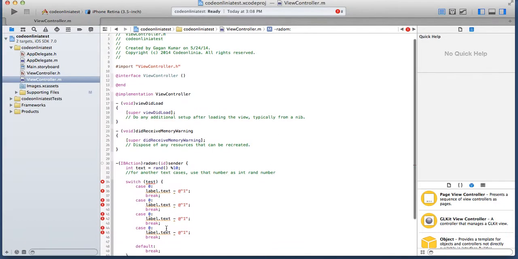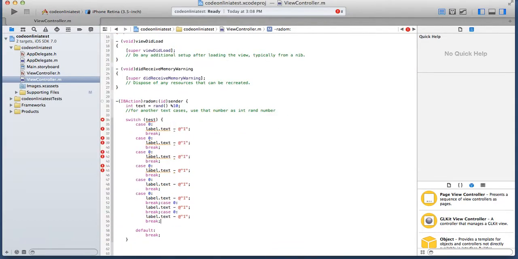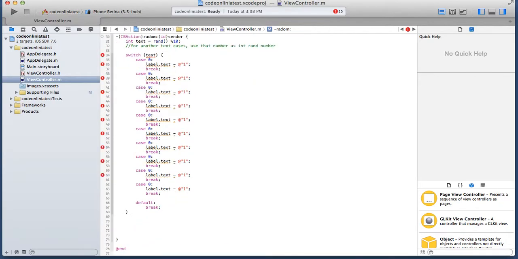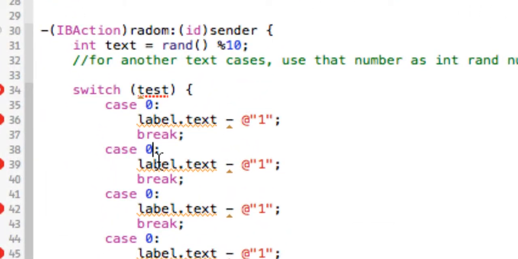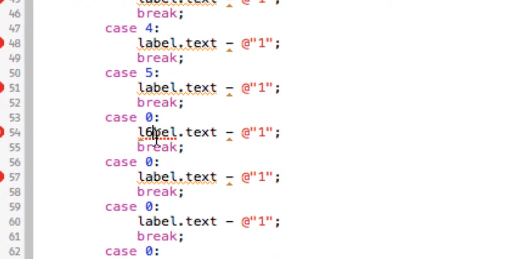So that's 1, 2, 3, 4, 5, 6, 7, 8, 9. Oops. 1, 2, 3, 4, 5, 6, 7, 8, 9, 10. That's probably more, but all you need to do now is change the case number. We're going to do 1, 2, 3, 4, 5, 6. Oops. 5, 6. Label